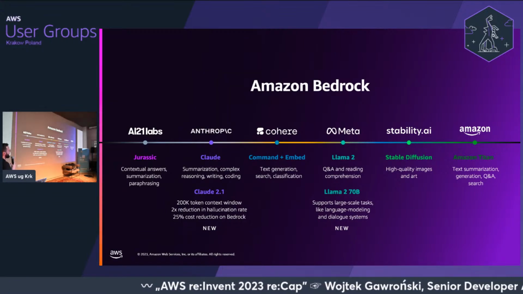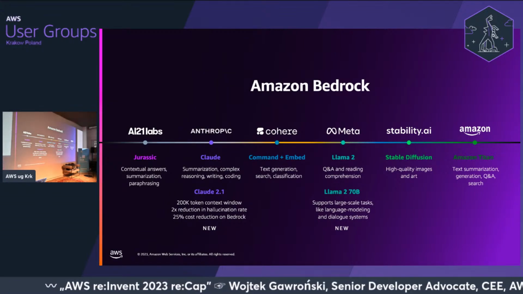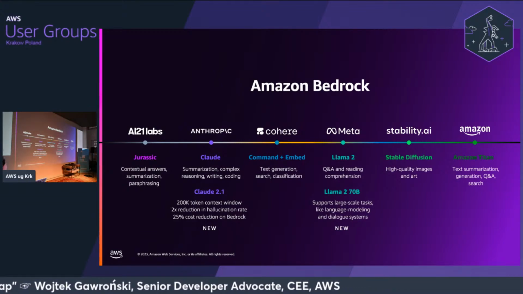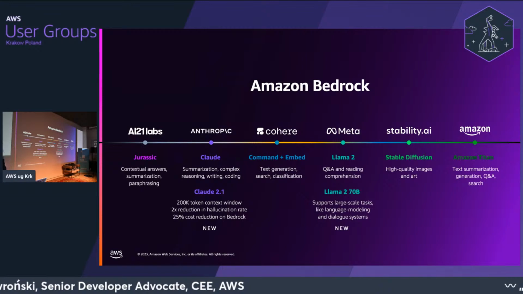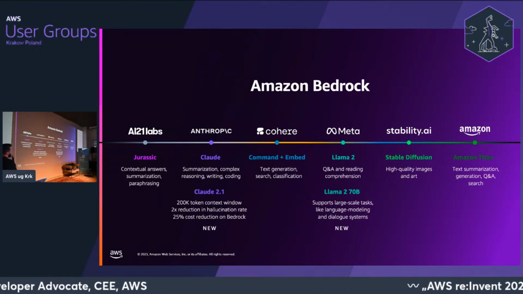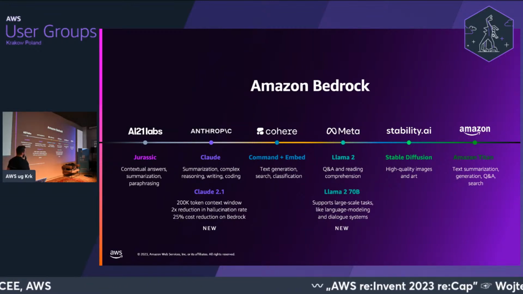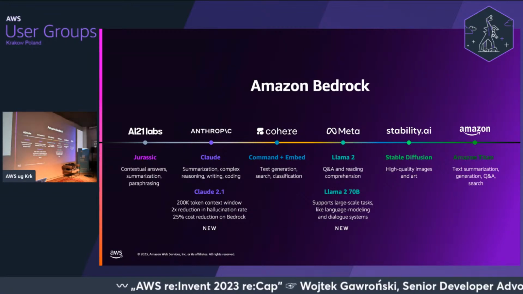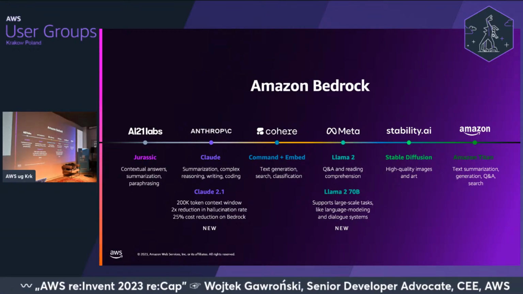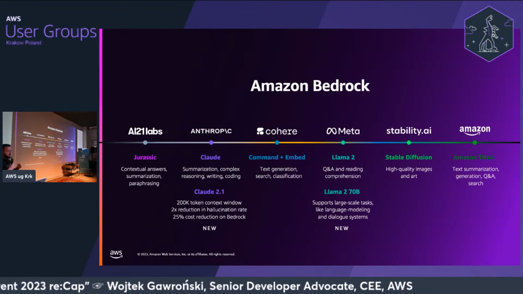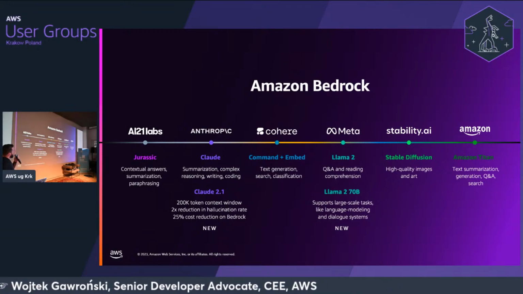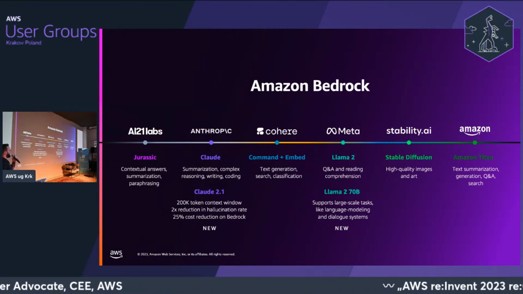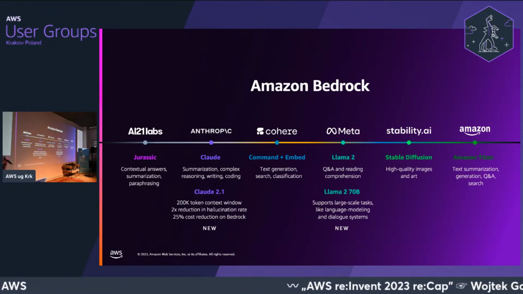Then there was, as I said, the release of Llama 2 that is generally available. And also Llama 2 is available for fine-tuning, which is pretty interesting. So we can actually seamlessly fine-tune and use the biggest models available, like Llama 2 at 70 billion parameters, and it is available for chat-based applications and the regular ones as well. And then it was announced that a new version of Stable Diffusion is available, which is XL 1.0.